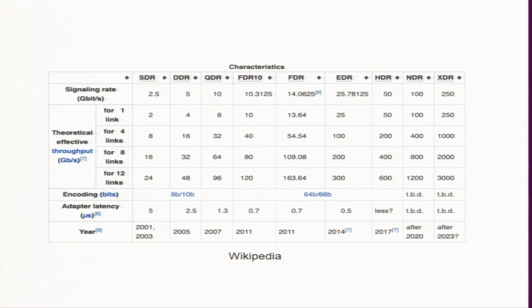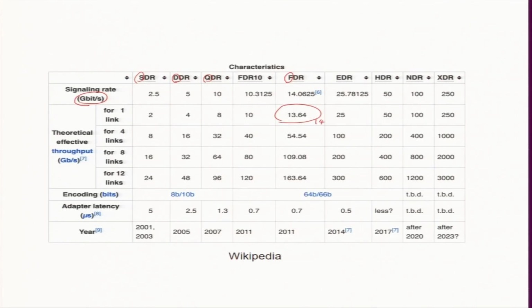This is a table taken from Wikipedia. You can look at one number. The unit is gigabits per second. If you have one link, this is for InfiniBand. This is called an FDR switch. F is for 14, that is some number which is FDR. It is one of the common switches. There are various categories. SDR is single, DDR is double, QDR is quad. So, this FDR is 14, which is like 14 gigabits per second, which is pretty fast.